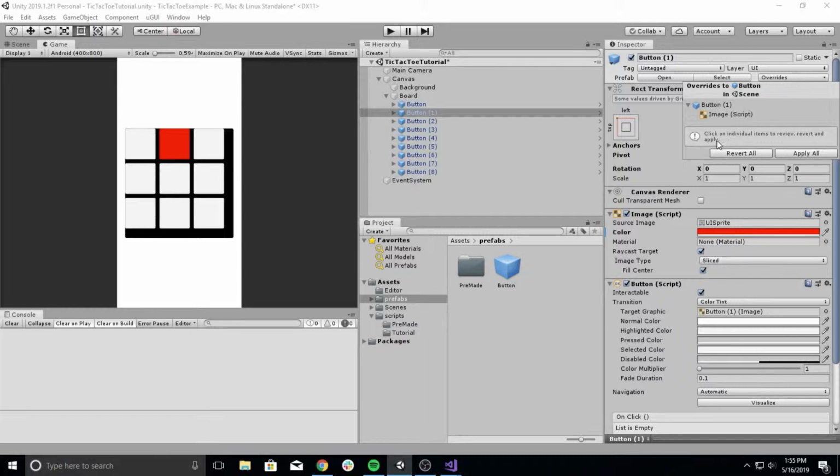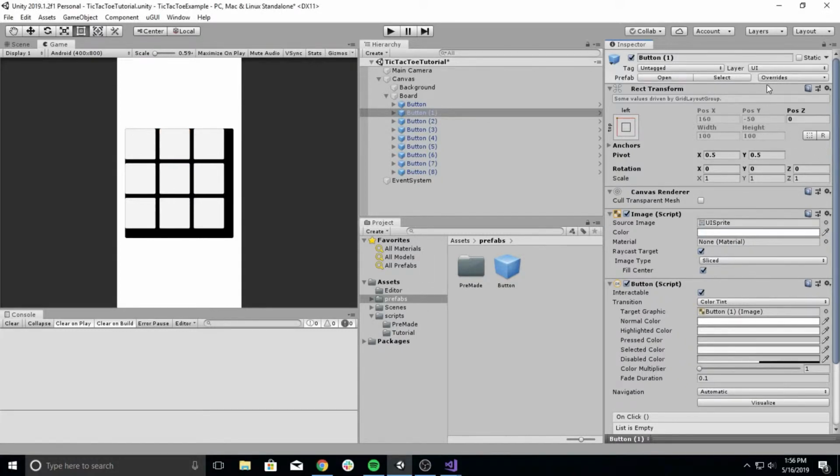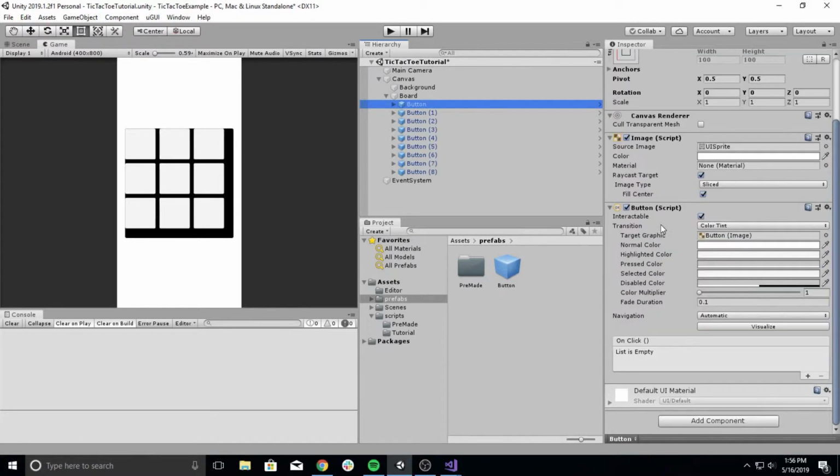So a way to fix that, if you know for sure you want this change, is you can revert all, and it will just go back to whatever the prefab has, and that happens to be a white square in this case. So anyways, now I've got my buttons that are blank,